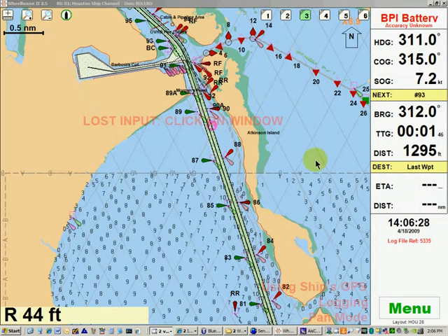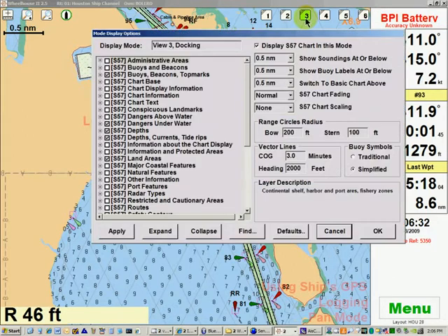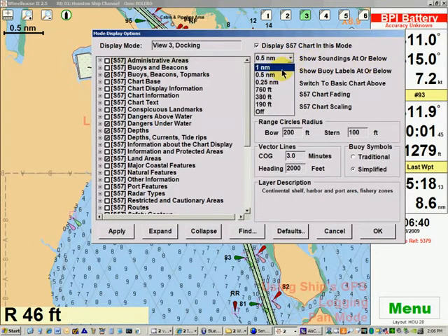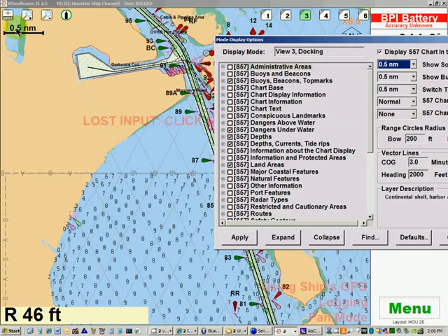We just have a few more options to go over relating to view buttons. If I right click on view button 3, these are the options we want to go over right here. The first one, show soundings at or below a half a nautical mile, and you can change that to various settings up to 1 nautical mile. So let's leave it at half a nautical mile. I'm going to slide it over here a little bit, and you can see we're at a half a nautical